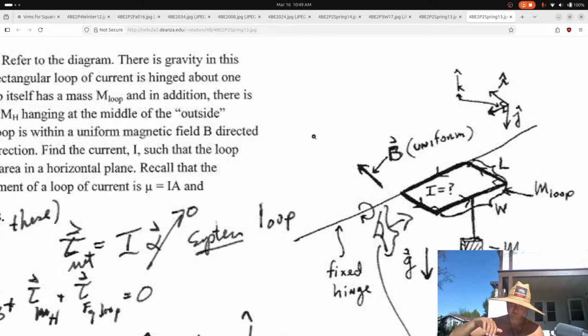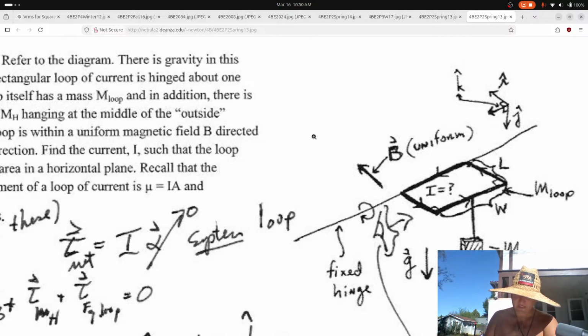So K hat is pointing this way. I messed up the minus sign. Oh no, because J hat points down. Yes, this is minus LMG because this is gonna make it go like this and push down. So it's gonna rotate there. So that's the first one. That torque,